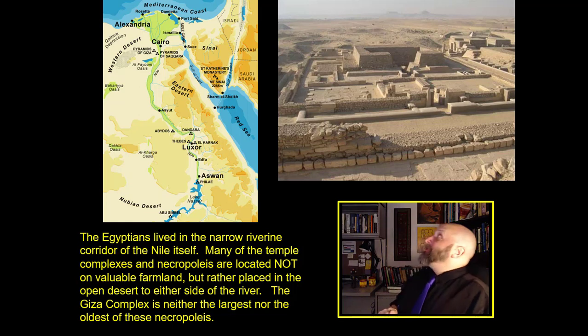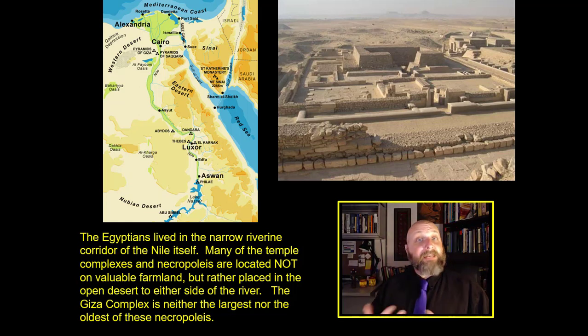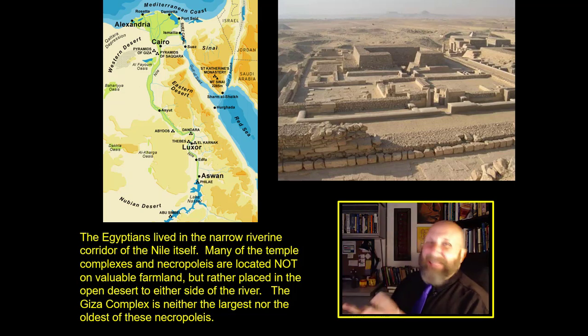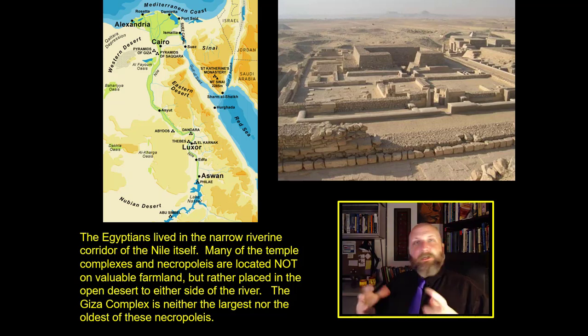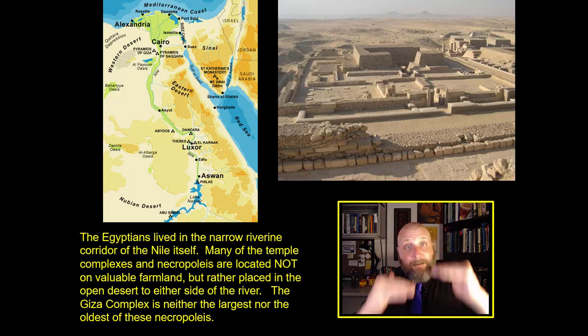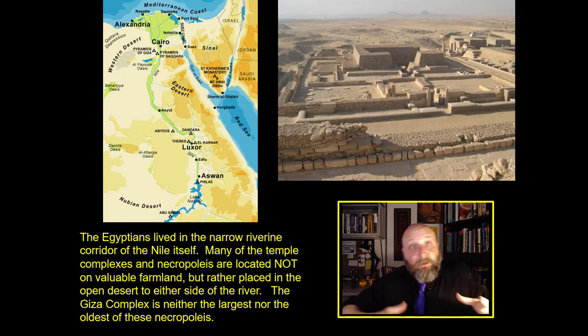Now, Egypt itself can basically be described as a civilization that evolved in a narrow hallway, which is the Nile Valley. And running through the middle of that narrow hallway is the Nile River itself. Now, people look at the map, and this is something about Egyptian archaeology that tends to throw most people for a loop, because you've got two parts of Egypt. You have Upper Egypt and Lower Egypt. Those are named because of their elevations. Upper Egypt is high and Lower Egypt is low, but that's not based on any map.